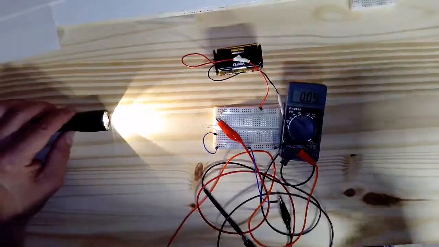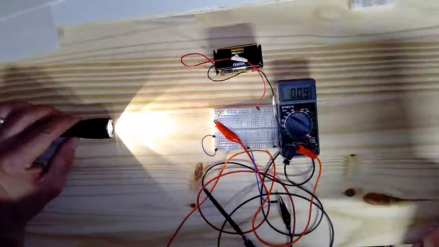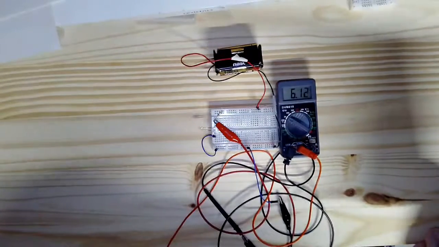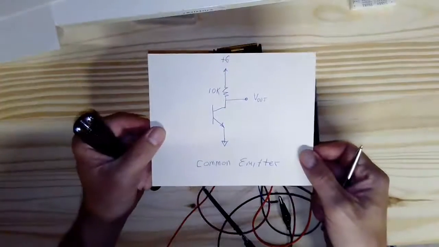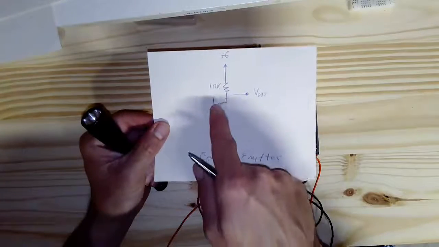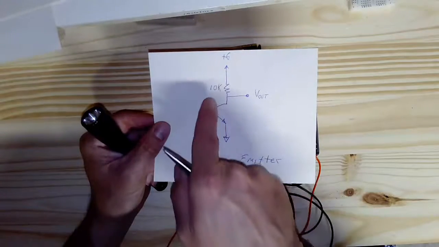Okay, I take away the light, turn off the transistor. When I turn off the transistor, there's no current flowing through it, so there's no voltage drop